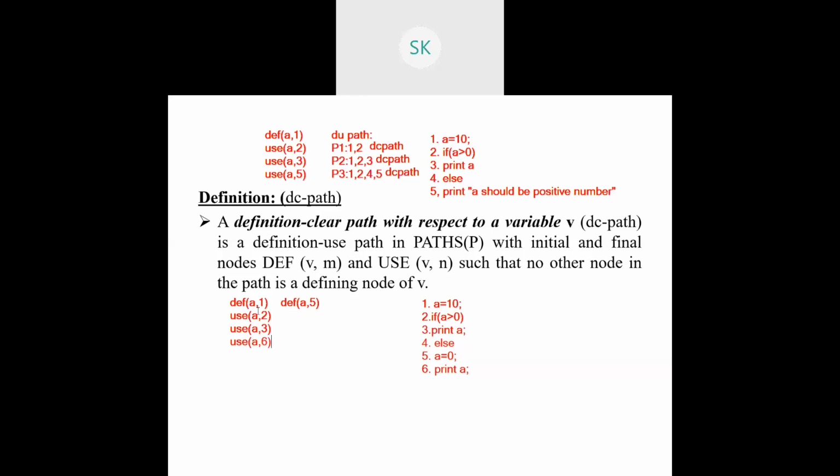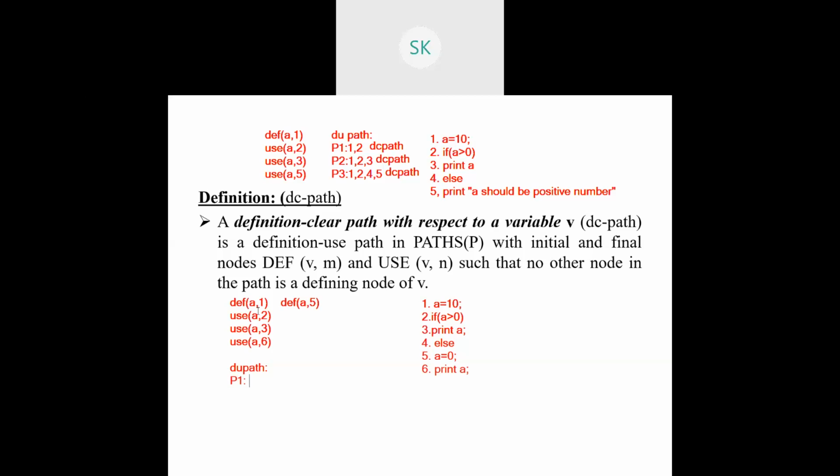Fine. Now you need to identify the DU paths. DU path is nothing but a definition usage path. How many will it be? There are two definitions, and each one will be used in three nodes. Whether it is feasible or can be performed, don't bother about it. First try to analyze and get that answer. Definition A comma 1 needs all three usages, and A comma 5 again three usages. So you will get 6 paths here.